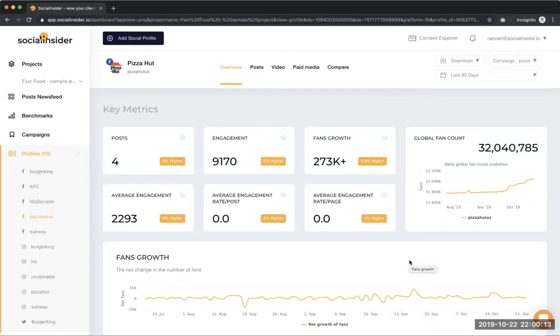This one is about the campaigns feature that we just launched 3 months ago, if I recall correctly. So let's dig in. Creating campaigns on social media profiles is very useful in some cases because